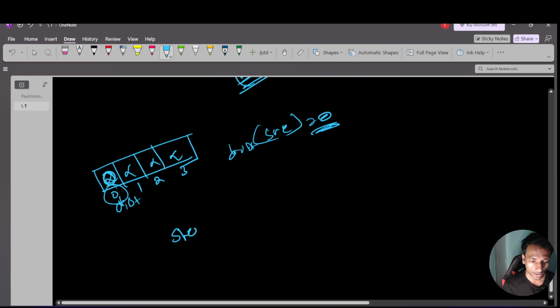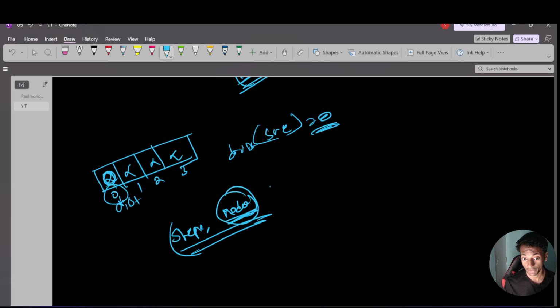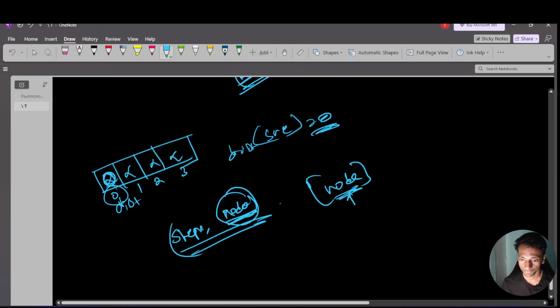I have to know the steps and the position, the node number. So first of all I will pop this because this is the first node. I will get the BFS, so I'll get the node. Then I can check whether the teleportation move is possible or not. If it is possible, then what I have to do, I know that first of all I have to